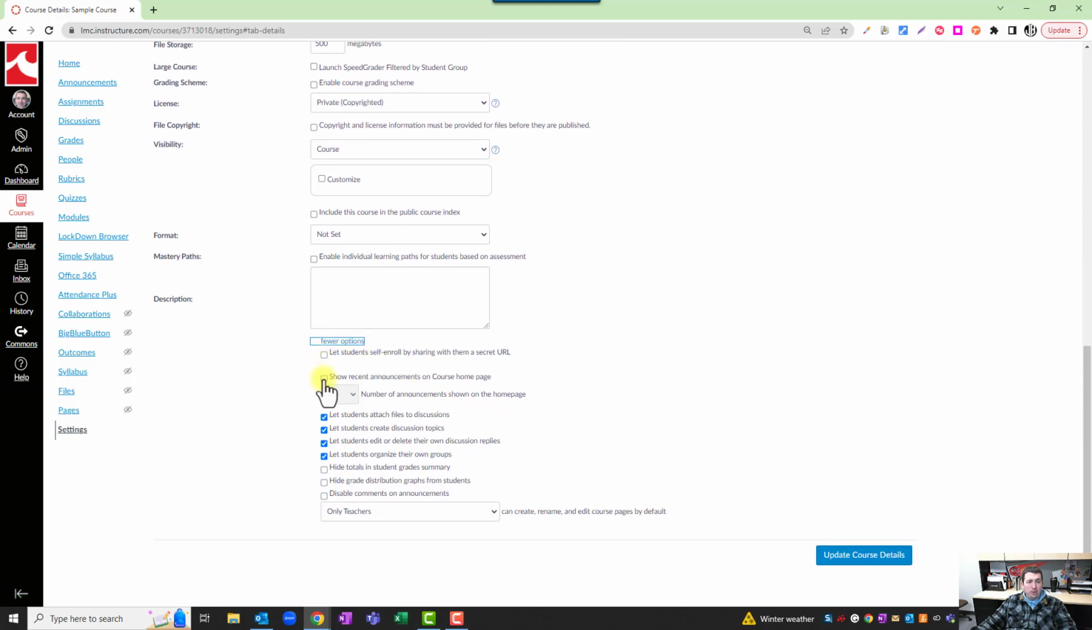it gives us the ability to show recent announcements on the course homepage. So whatever that is, whether it's modules, a page you created, the activity stream, you can turn that on, and then you can set how many announcements you'd like them to be able to see, the most recent ones. So you can set that to be whatever you would like it to be. But that's a good way, because then when they click on the course tile, wherever they land, any announcement will be right there at the top of the page,